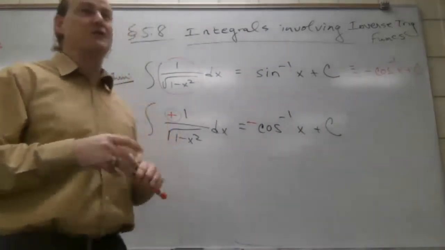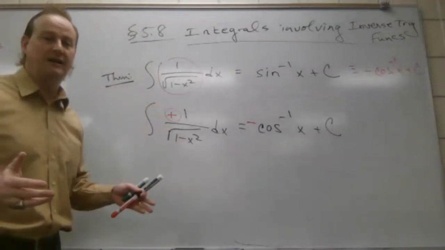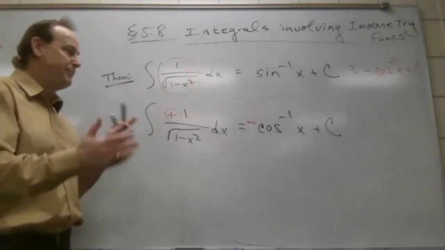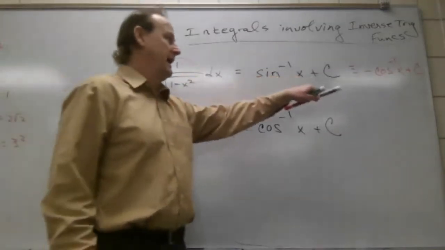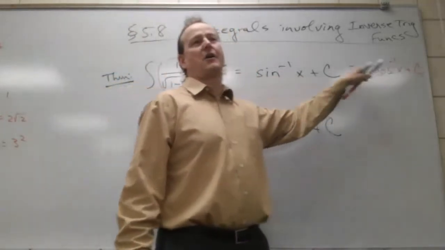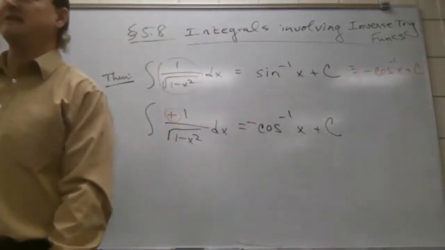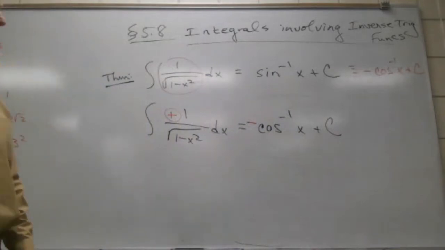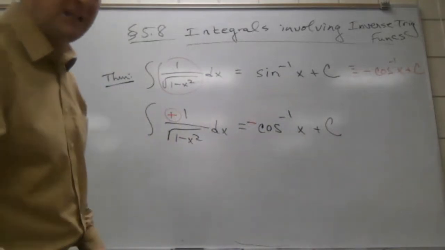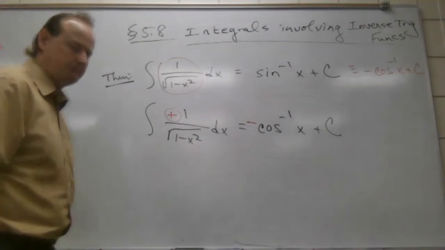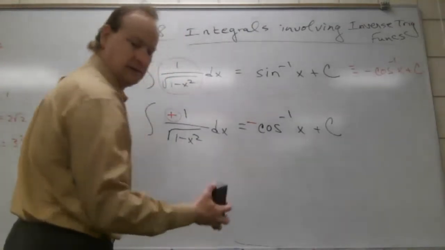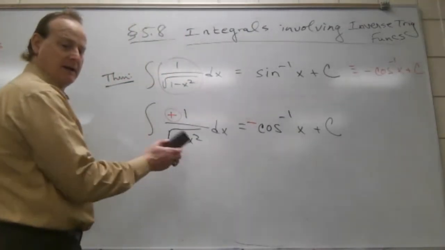Okay, so once again, if you're trying to match an answer in the back of the book, you got to really pay attention. If you had something that had arc cosine in it, but they have something that has arc sine in it, doesn't mean that you're way off necessarily. You just have to evaluate the process and see what they were doing there. All right, and then